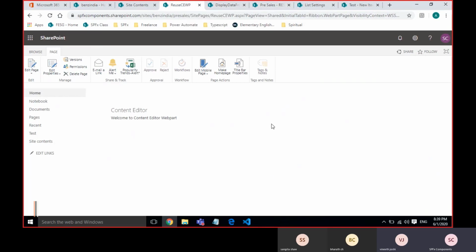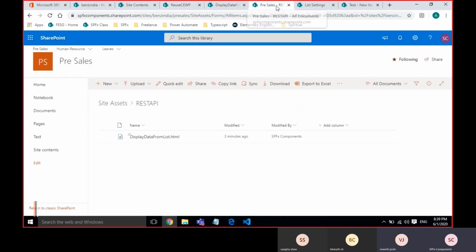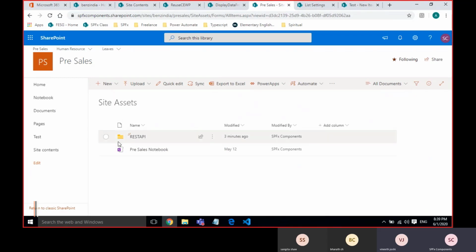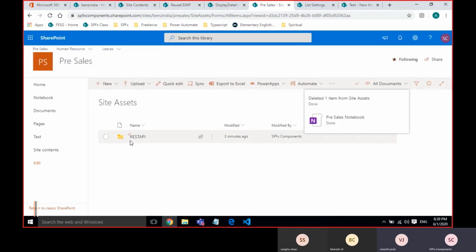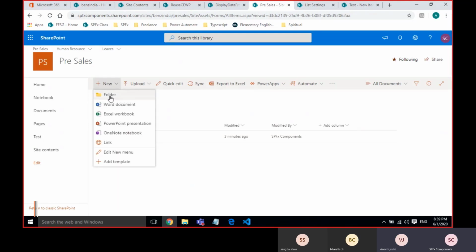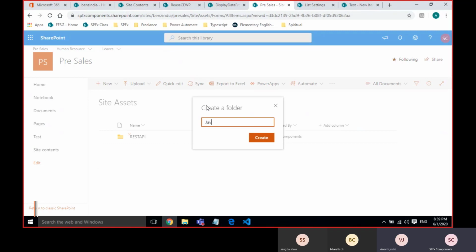Hope you are clear on the process. I'm not asking about the logic because we didn't discuss dynamic things like how to retrieve the data from different lists or how to create the forms. But I just want to be very clear about where we are storing the files. Generally the best place is site assets. If you are working on some web part like news, just create a folder. Generally the best practice is to create